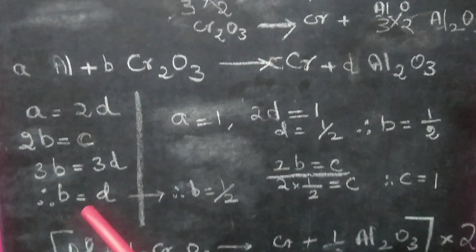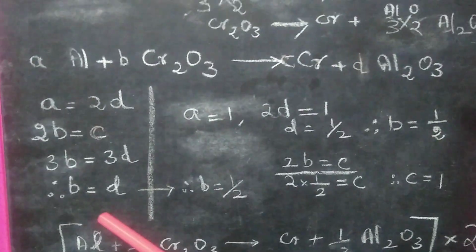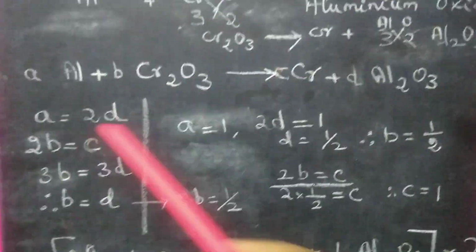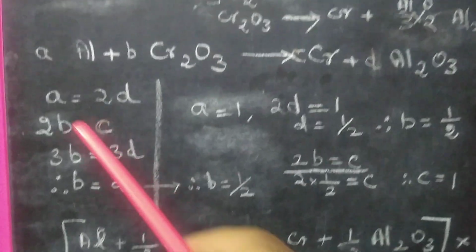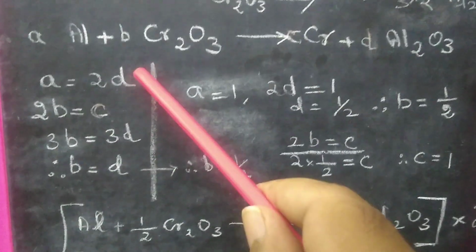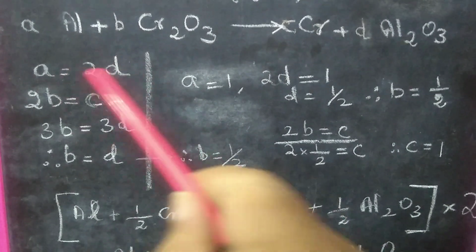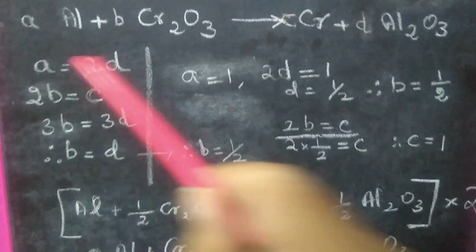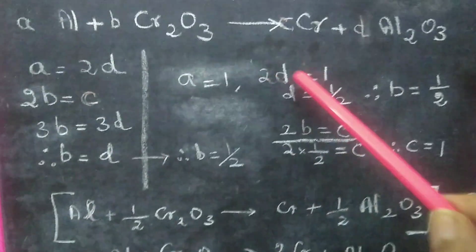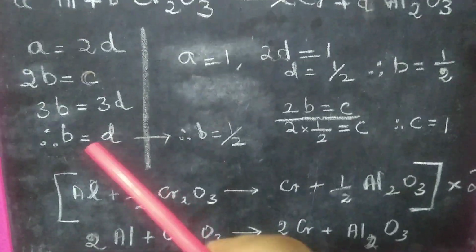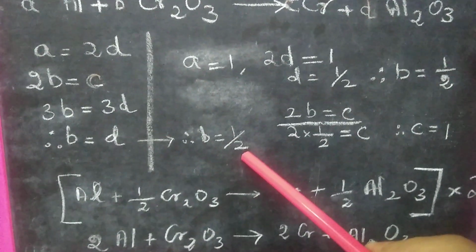Very simple, no? So B and D are the same here. Now we need to find out A, B, C, D. Okay, let us consider A is equal to 1. When A is equal to 1, is there any relationship anywhere else A is present? So 2D is equal to 1. When A is 1, 2D will be equal to 1. Therefore, D will be equal to half. But what is the third equation we have derived? B is equal to D. When D is half, B will also be equal to half.